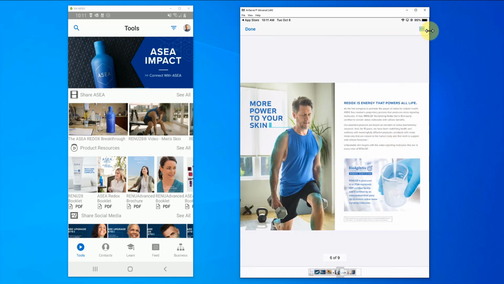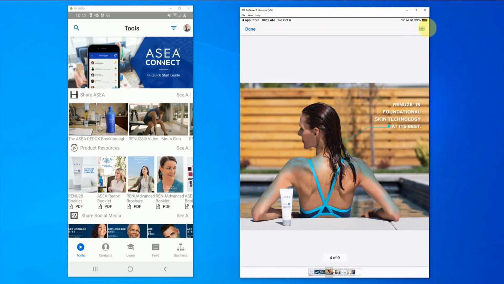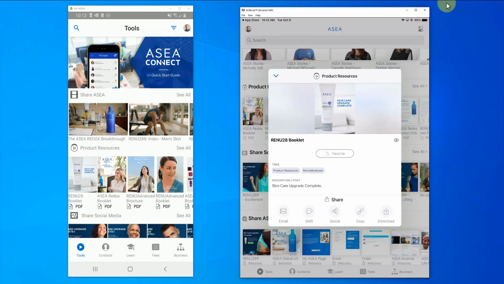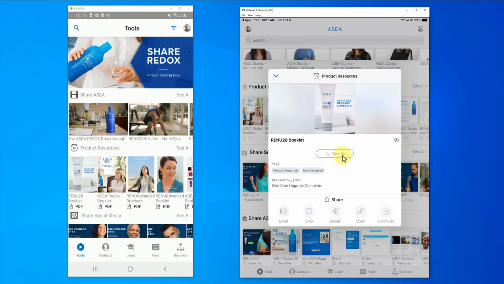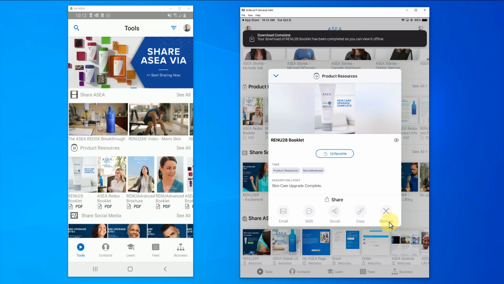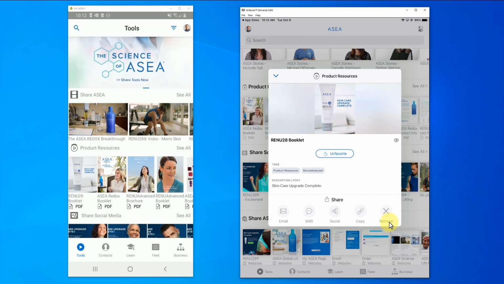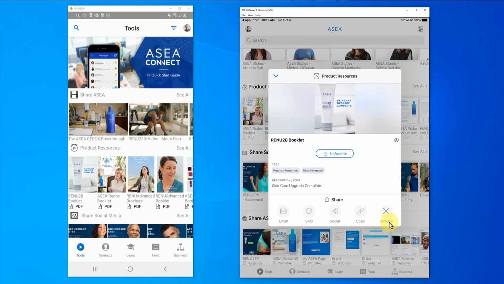Up at the top right here as well, you have a nice way for some of the larger documents to browse them in more of a bigger format, like so. You can also mark items as your favorite by hitting the favorite button here, like so. You can download it to save it offline if you would like to access it. You know, if you're boarding a plane and you just want to make sure you always have access to it. If you don't have good service at home but have great service at work, when you're at work, you can download some of these items and watch them a little bit more effectively from home.